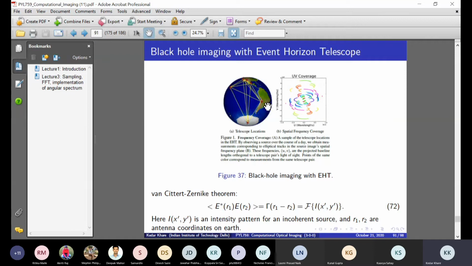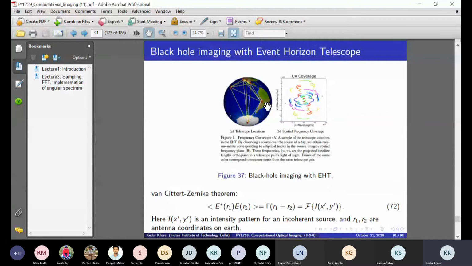Okay, and so these radio antennas, if focused to look at a certain direction, will all see some field. This electric field that is received by the antenna, I'm going to denote by E(R1) or E(R2). And the result is very interesting: the Van Cittert-Zernike theorem. By the way, this Zernike is actually the same Zernike who also did the phase contrast microscope. So that is a great contribution, and all of them have something to offer to very different communities.